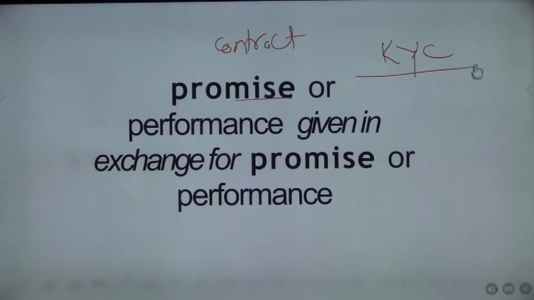This is very fundamental in banking, that if you want to transfer money to any person, there is this KYC. You've got to know your customer. So if you don't know your customer, know your customer is fundamental to banking. Okay?